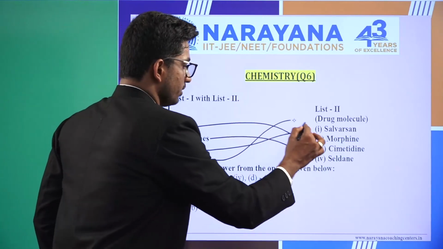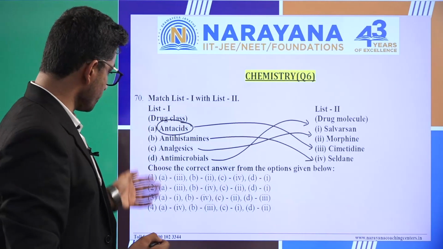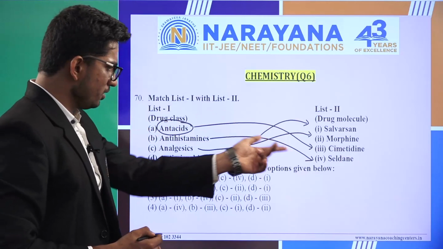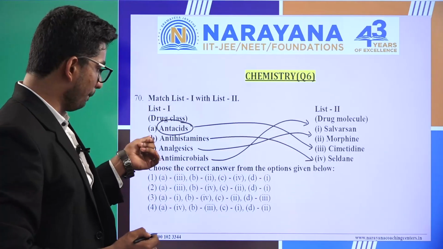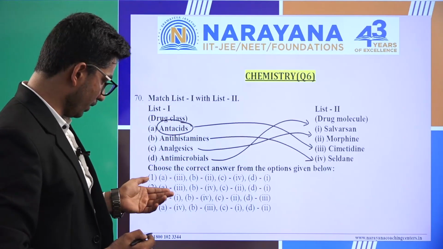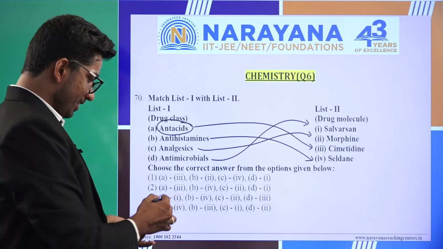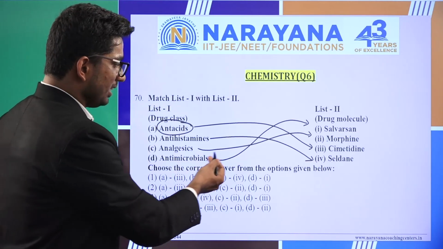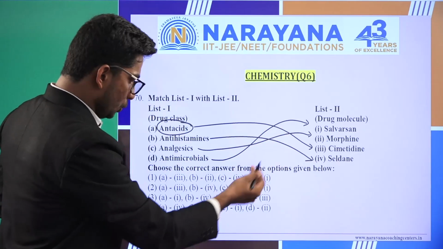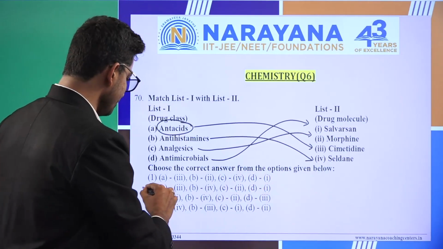So can we check which option is correct? Antacid is number 3, so A3. B we have 4, B4. We can see that we got the answer. Let's check. C is 2, and D is 1. So the answer is option number